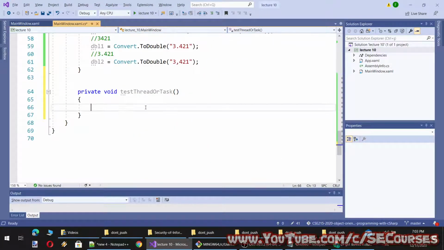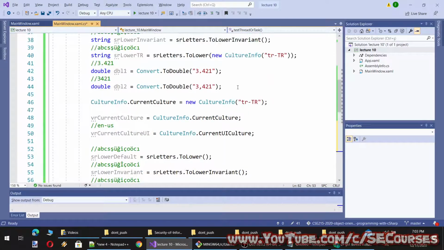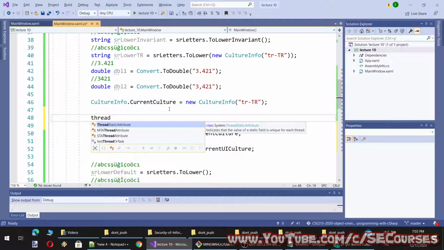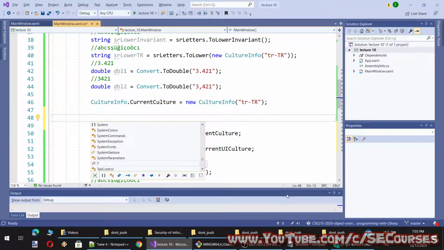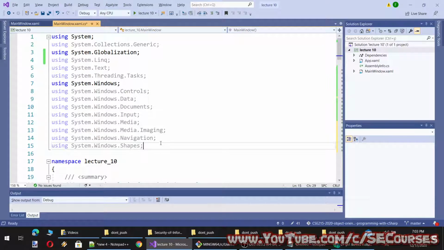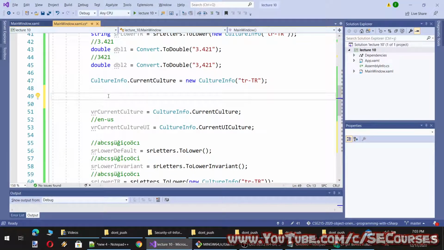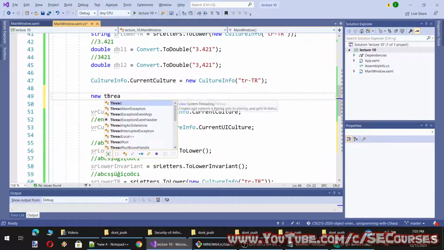So by default it will be all, of course, English. Therefore I will call thread after here, and thread, how do we create new thread? We need to add system threading. There is also the tasks. Okay, and new thread.